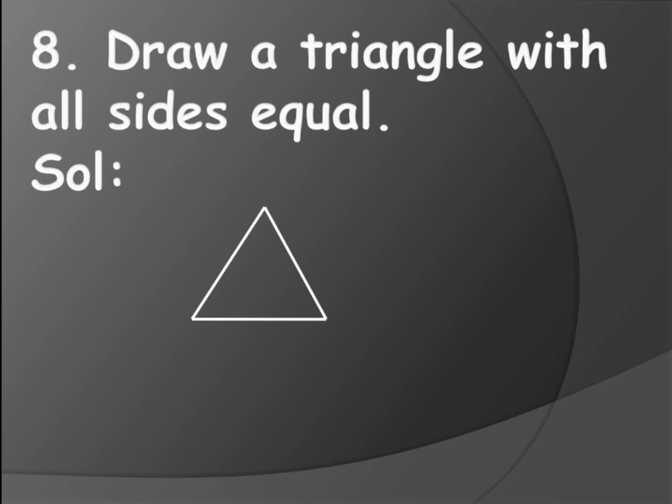It is not compulsory that you have to take only 4 centimeters. You can go with 5, 6, 3, 2. It's your wish, but it should form a triangle, and the length should be the same on all three sides. If you are taking 3 centimeters, all three sides should be 3 centimeters. If you are taking 5 centimeters, all three sides should be 5 centimeters. And you have to mention it like this. Here I have taken 4 centimeters, so I am writing 4 centimeters on all sides. If you take 5 centimeters, you need to write 5 centimeters on all sides. 6, 7, like this you will need to draw.